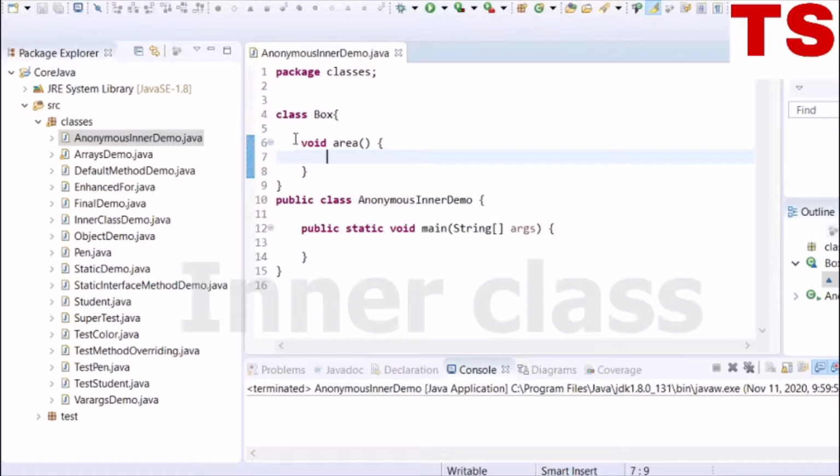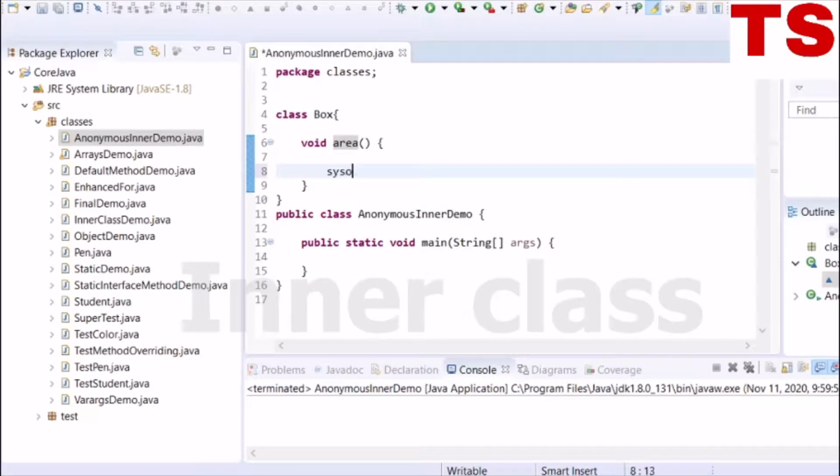Here I have defined a class box with a method area which will display some message like area of a box.